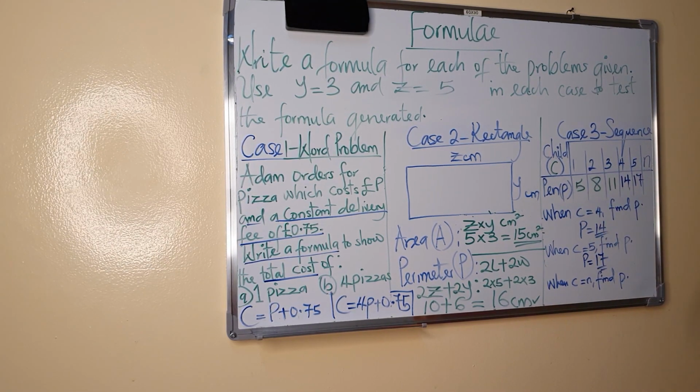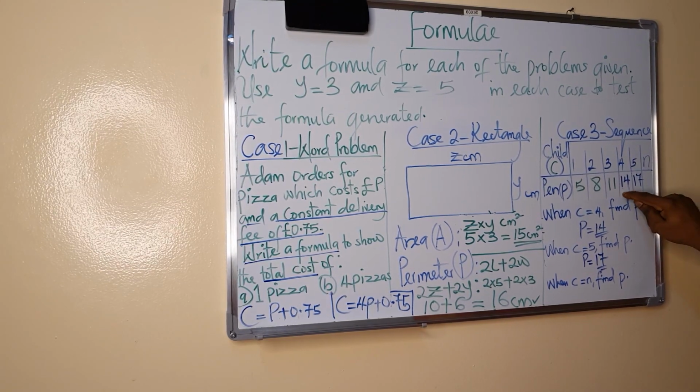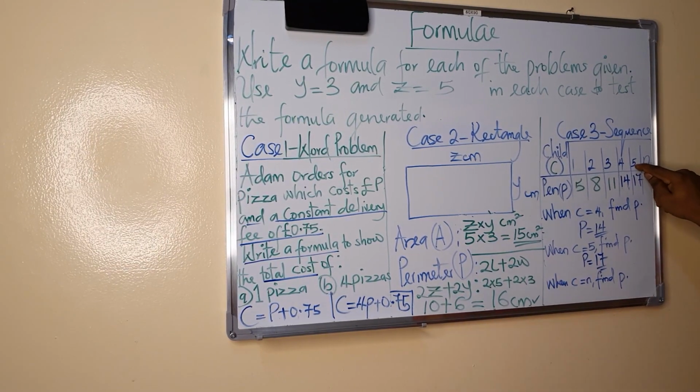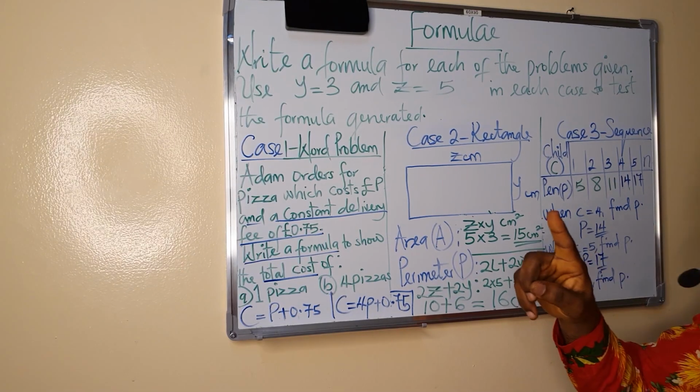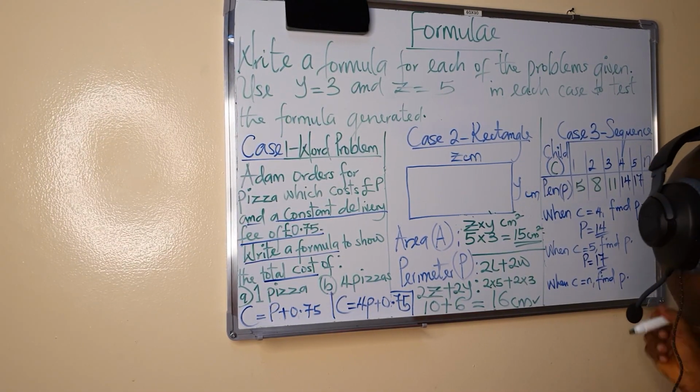Let's test it for all of them and see if it's working. 1 times 3, 3. Plus 2, 5. 2 times 3, 6, plus 2, 8. 3 times 3, 9, plus 2, 11. 4 times 3, 12, plus 2, 14. 5 times 3, 15, plus 2, 17. It's working. So what it means is that for us to find P in this case, it simply implies that